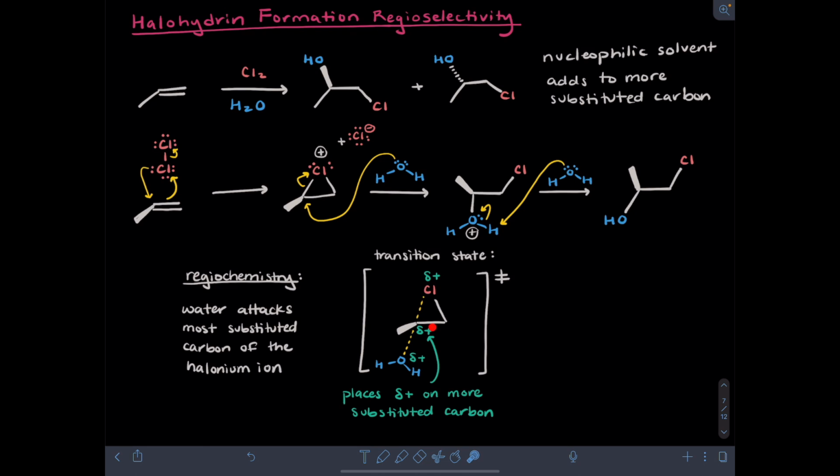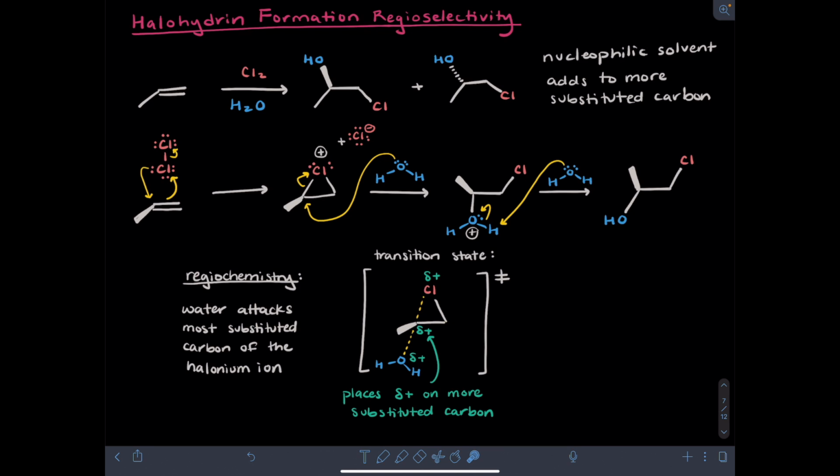this position. In this case, you're placing partial positive charge on a secondary carbon, whereas if we'd brought in the nucleophile to this other carbon instead, we would be placing partial positive charge on a primary carbon instead. Like carbocations themselves, partial positive charges on carbon are more stable the more substituted the carbon is. So we preferentially form the transition state where we put the partial positive on the most substituted carbon of the